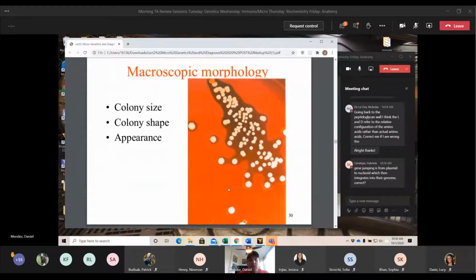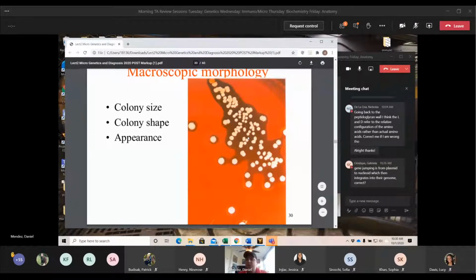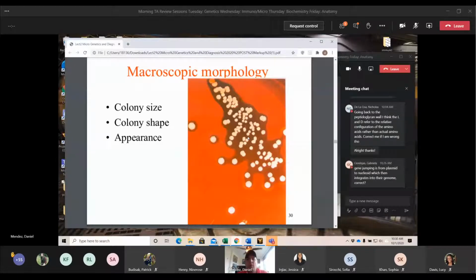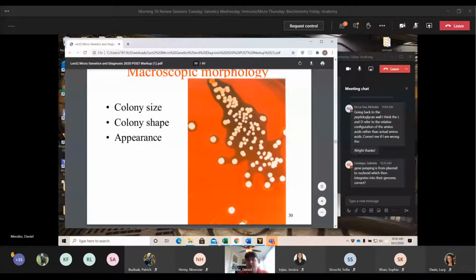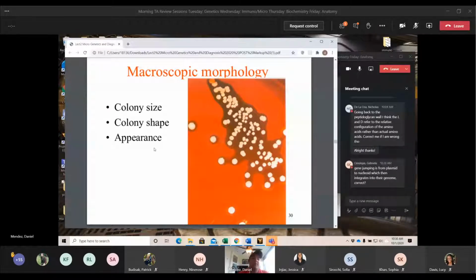Morphology, this is something you won't have to know or be tested on, but when you work in a lab, or work as a pathologist later on, if you go that route, you get used to it and can recognize how bacteria grow and how certain strains grow on certain plates. Dr. Anderson will reference some examples of colony size, shape and appearance in the next block when you start talking about certain bacteria that you will have to be aware of.